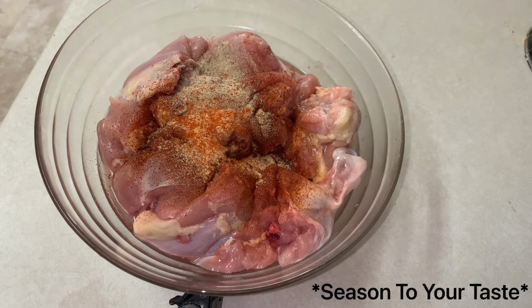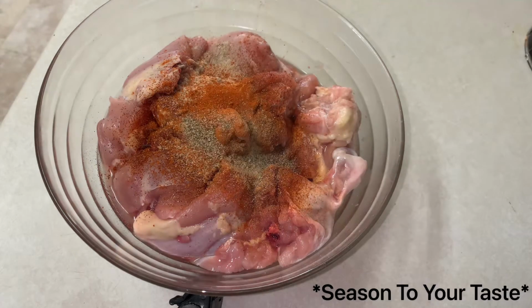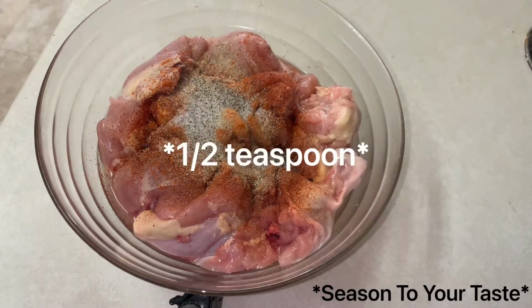your taste. Alright, so as you can see, my cayenne pepper decided to get stuck in the bottle and it did not want to come out. So what I'm trying to do here is just shake it out so I can add some of it to my seasoning. And once it finally decided to cooperate, I went ahead and added some black pepper and also 1